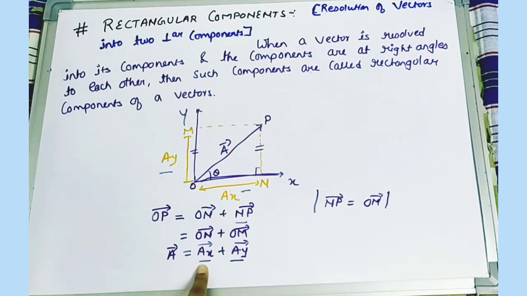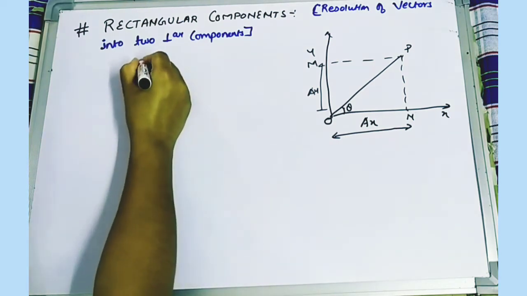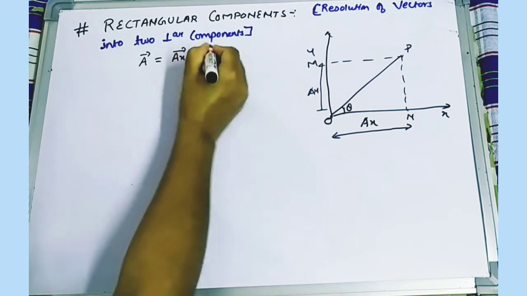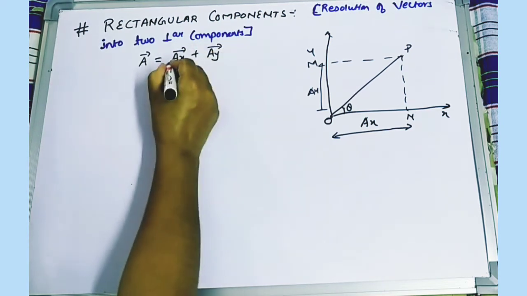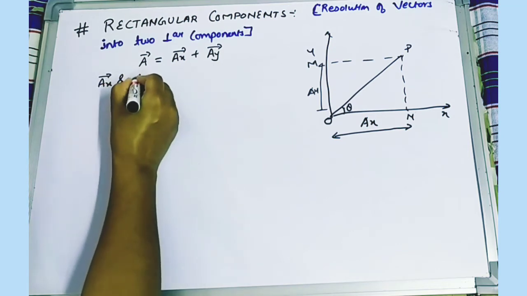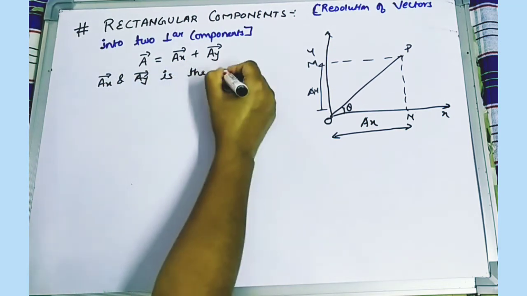Now we need to find out the value of AX and AY. So we are going to see how we can find the value of AX and AY. We have got the equation A vector is equal to AX plus AY. This shows that the AX vector and AY vector are the rectangular components